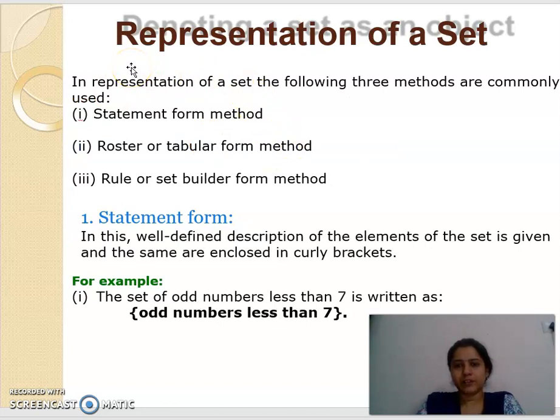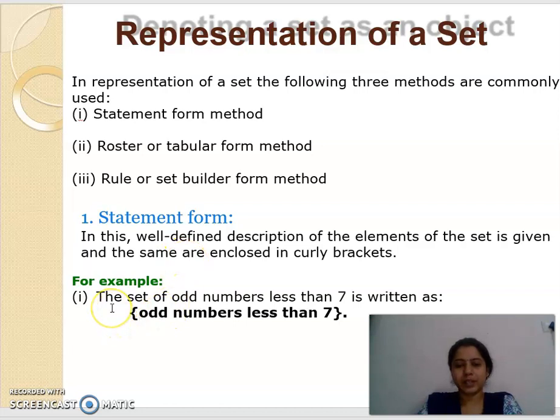Next, representation of sets. There are three types of representations of a set. One is statement form, another is tabular form, and the third is set builder form. Statement form is an English sentence form. It is a well-defined description of the elements of the set in an English sentence.